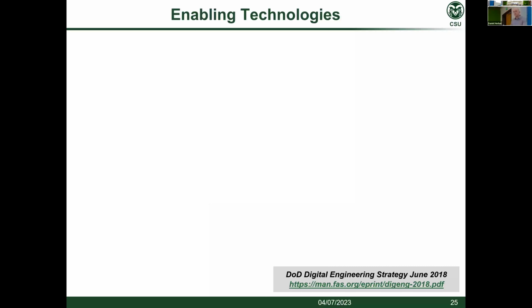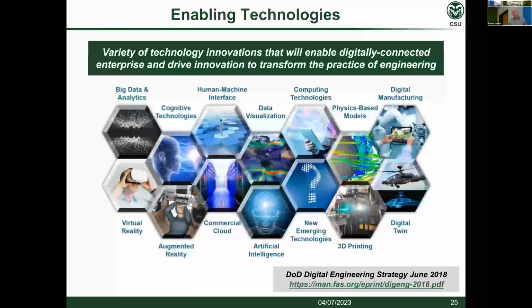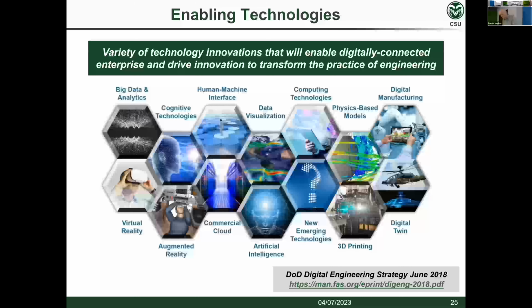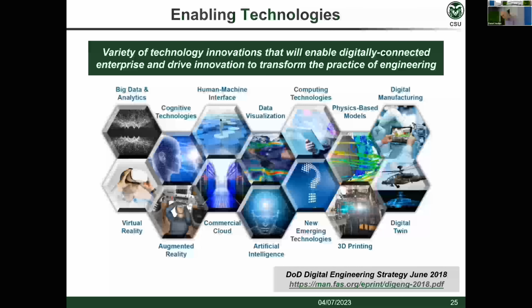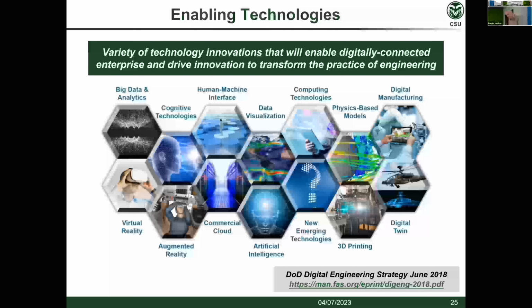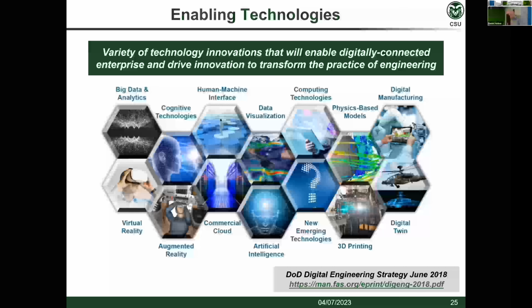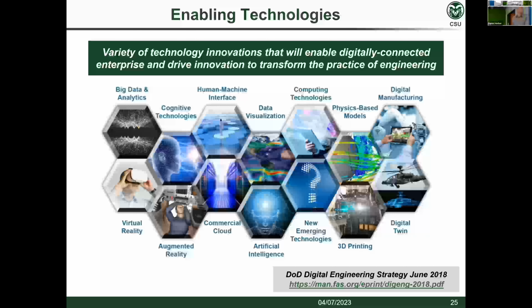Now, I mentioned this idea of bringing in new technologies, very rapidly changing technologies, and there's a variety of these type of things that can be thought of as connected to or a part of the aims of digital engineering to achieve better collaboration, more efficient practices, etc. So let's go to the next bullet point here. Here's a summary of some key ones: big data analytics, VR, augmented reality, cloud computing, artificial intelligence, digital twins, digital manufacturing, more representative but potentially more expensive physical models, data visualization, and then there's still a question mark there of new emerging technologies. Right?